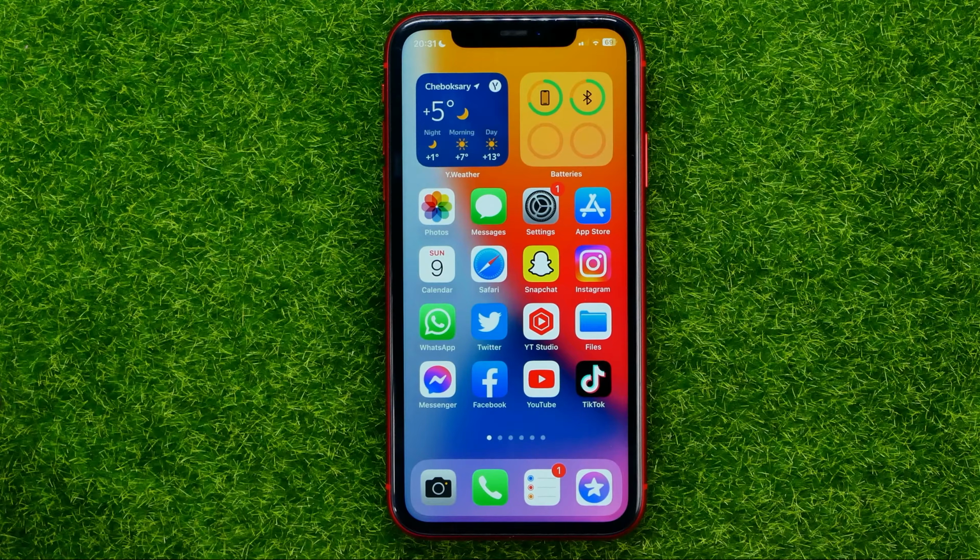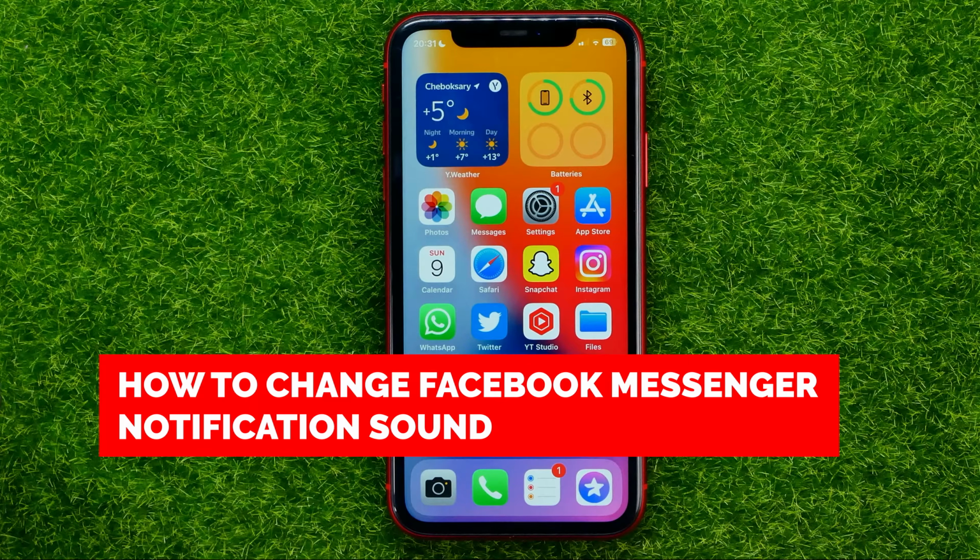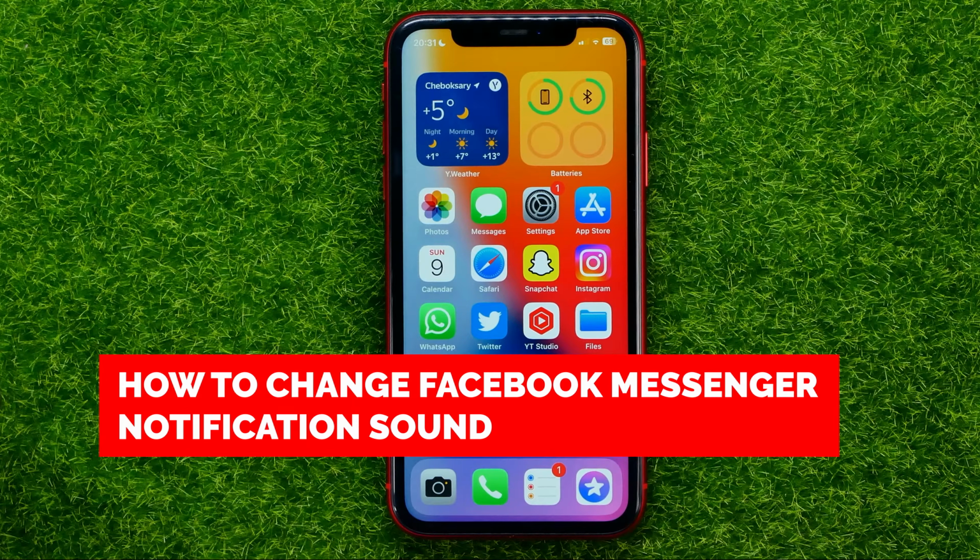In this video, I'm going to show you how you can easily change Facebook Messenger notification sound on your iPhone